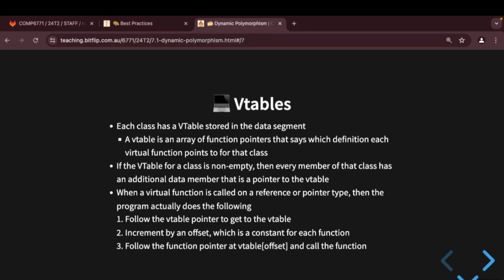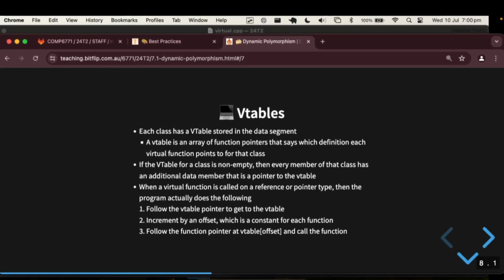And we'll do this for like 10 minutes and then have a quick break, which is Vtables. Vtables are the magic secret sauce that make all this stuff work under the hood, right? Because it's like, how does all that virtual stuff work? You know, what happens if you have like many subtypes and various other things? So a Vtable, each class has a Vtable that's stored in the data segment. So remember, the data segment of code